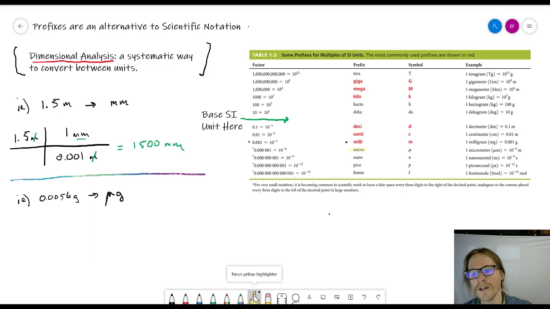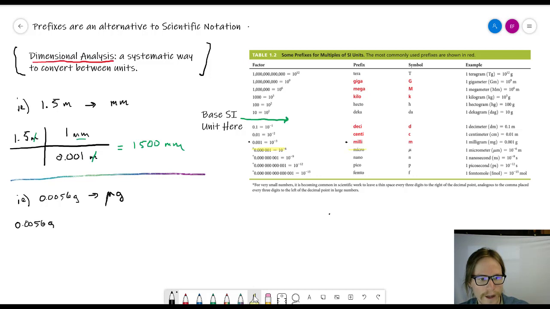That's right there. So our gram would start here again at the base SI unit, and we're moving towards smaller directions, towards the micro side of things. So we can see our unit conversion factor is going to be this. That's what we're going to use in our dimensional analysis. So let's set up a dimensional analysis table again. So let's go over here. We'll start with the value we know, which is